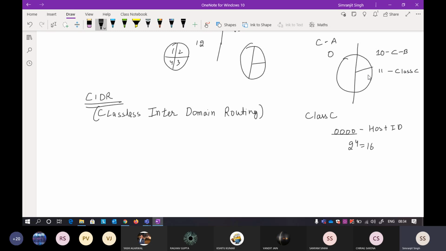Now again we divide this particular part further. We reserve 1 bit, it is class C, and this one becomes your class D. These are the reserved bits, if you remember. Just go into the first lecture of subnetting, you will get what I'm doing here. Again you do the procedure one more time, you will get your class D and class E. In these two classes, we do not divide into network ID and host ID. Till class C, we divide the classes into network ID and host ID.